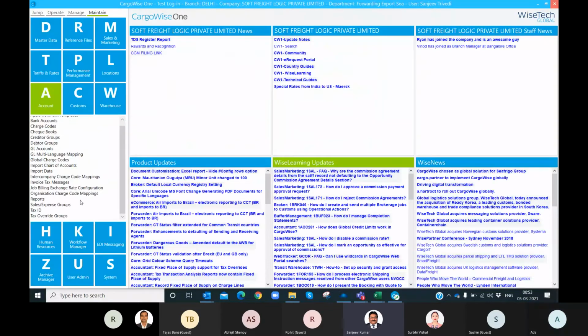And override groups can also be created. Like within state, if you have to bill to a party which exists within the state of your organization, then for the Indian context, GST will be applicable.